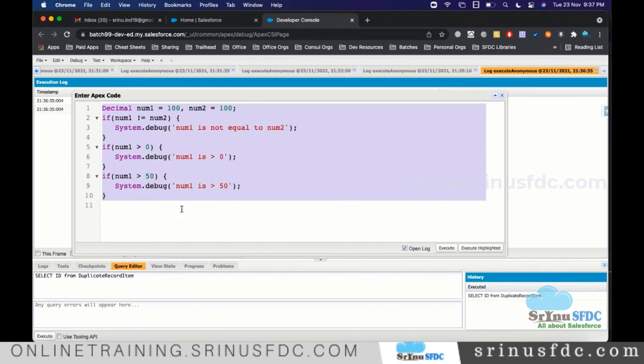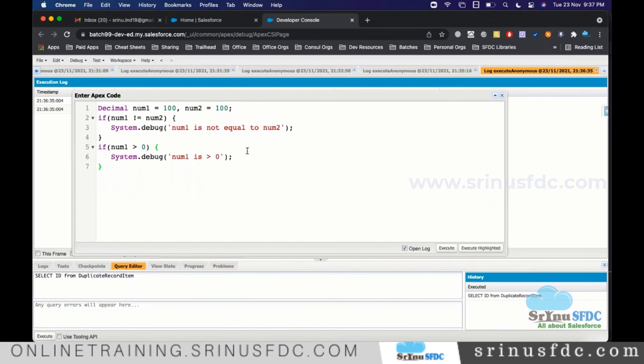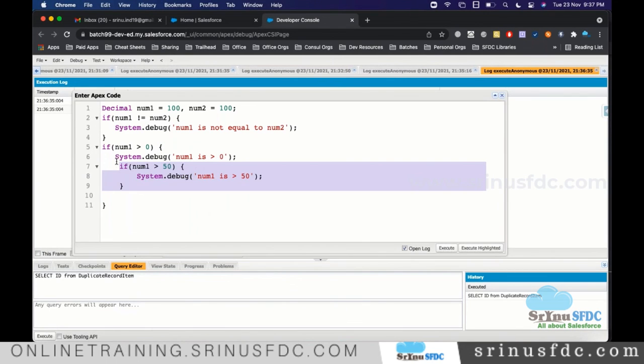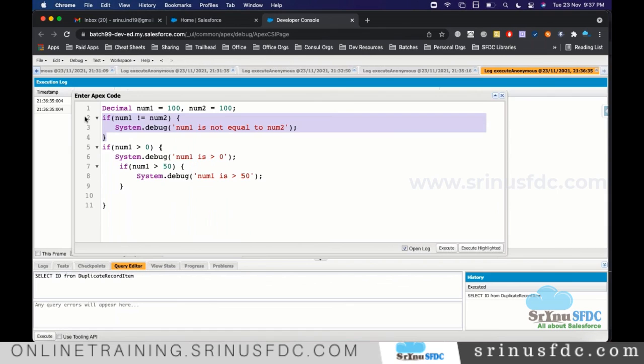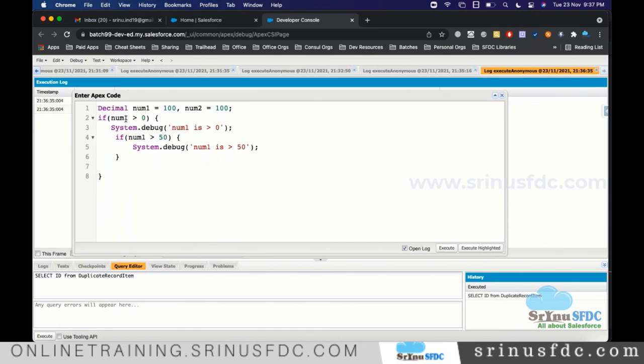The next one is nested if. Inside one if condition, keeping one more if condition. If the outer if condition fails, the inner if condition won't execute. If the outer condition is satisfied, it will enter and verify the inner one, and if that fails, it won't execute.